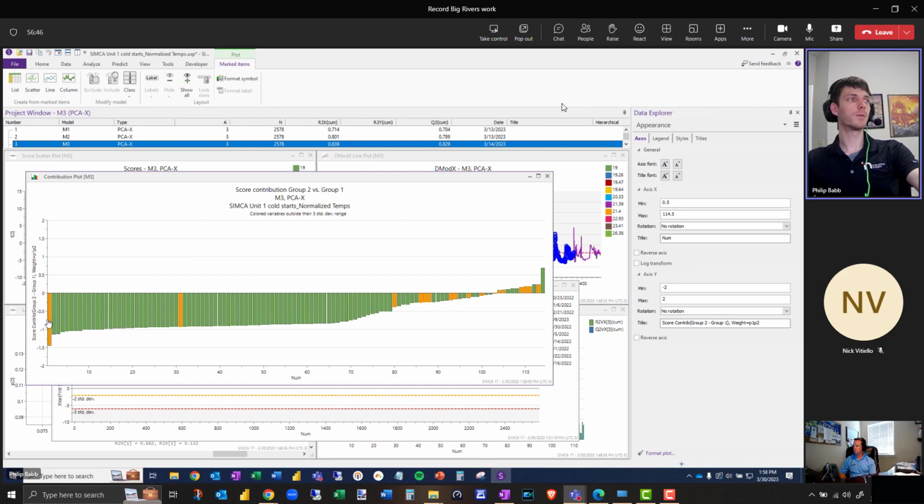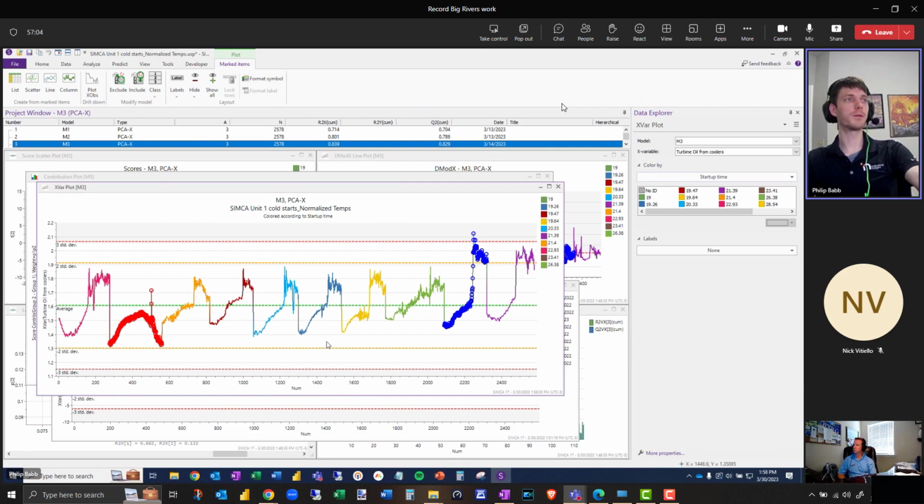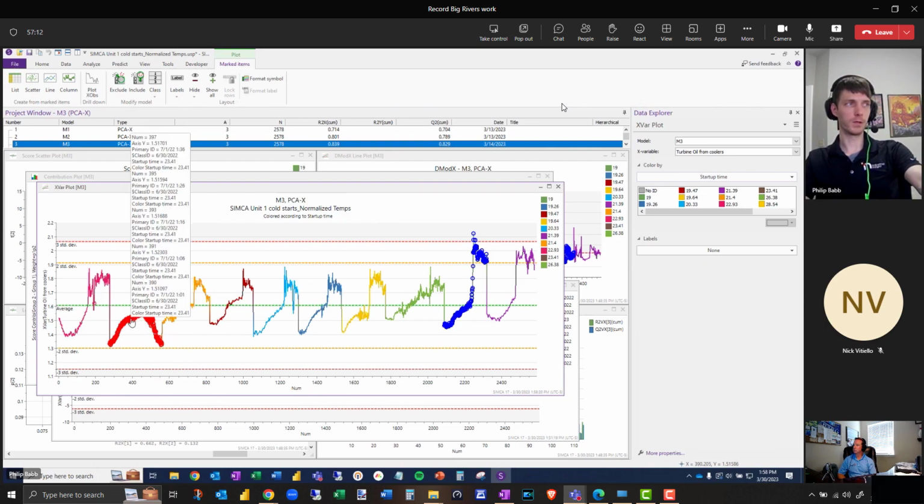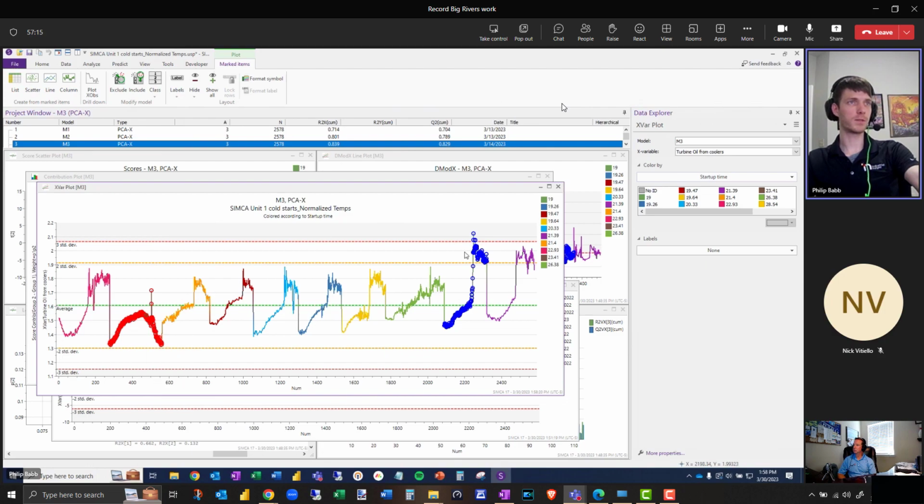And I think I did that one backwards, so it's on the other side. But this turbine oil from coolers seems to pop up quite a bit. Again, these temperatures have all been normalized, but you see here, even back in June, this is the June startup, it took 23 hours, and we're comparing it to the fastest startup, which was 19 hours in December. So opposite ends of the spectrum in terms of time, as well as ambient air temperature outside. Again, we've normalized by temperature, but still we see a really low relative temperature here in the June startup versus